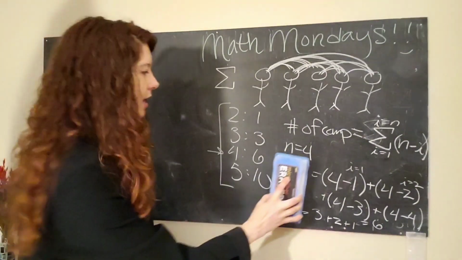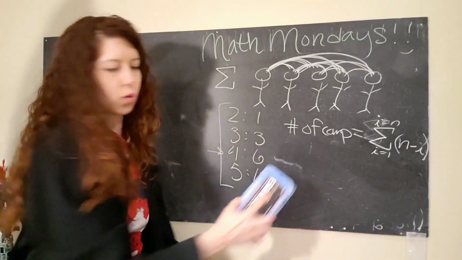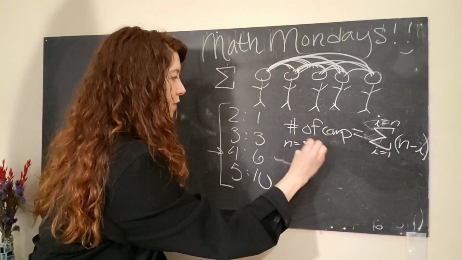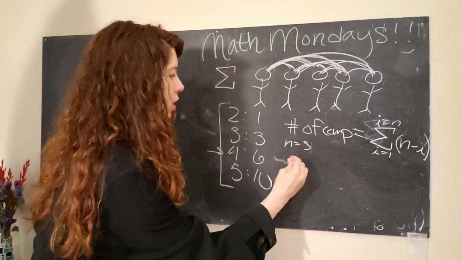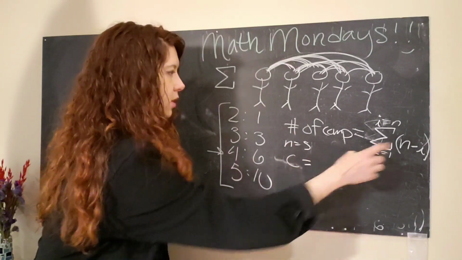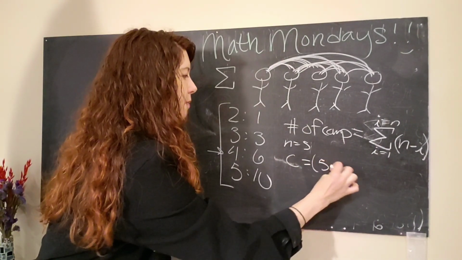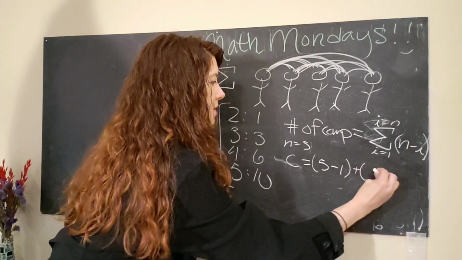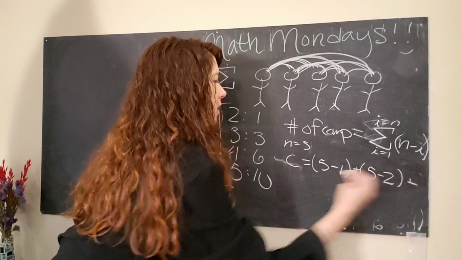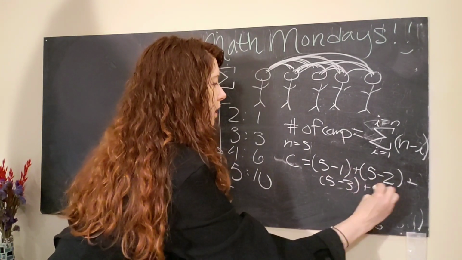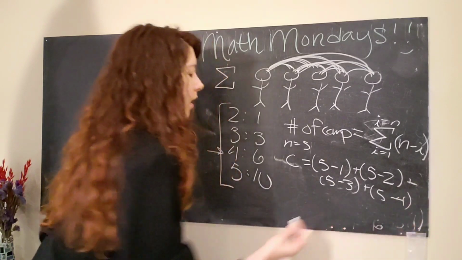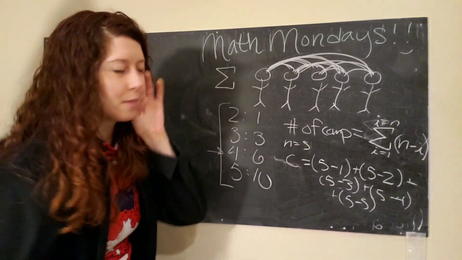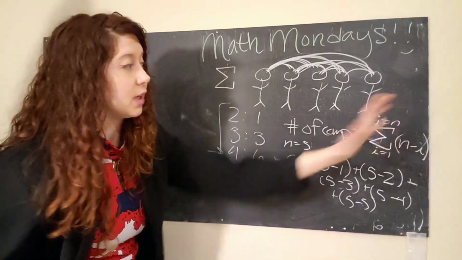That's good. Okay, but you're like, I still don't believe you. What is this shenanigans? Which is fair. So let's try it for n equals 5. So again, we start with c equals 5 minus, our first case is i equals 1. So 5 minus 1 plus 5 minus 2 plus 5 minus 3 plus 5 minus 4. Okay, plus 5 minus 5. I wasn't going to write that because it's just 0, but we stop when i equals n, so I should probably be consistent.